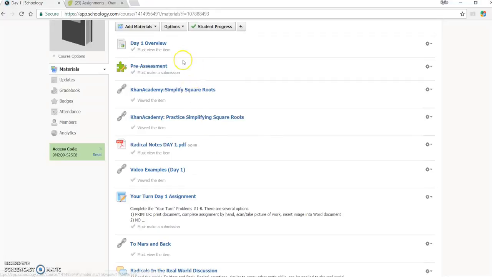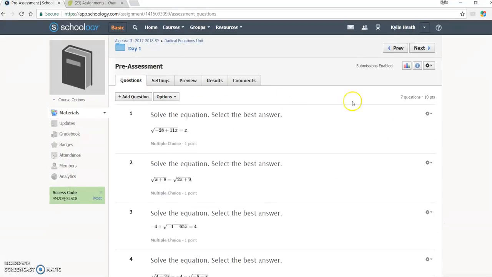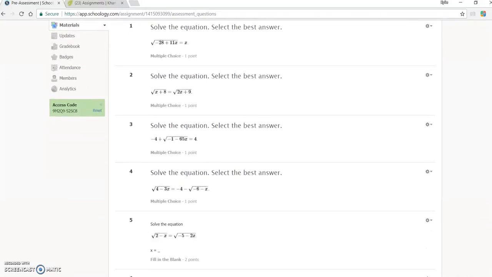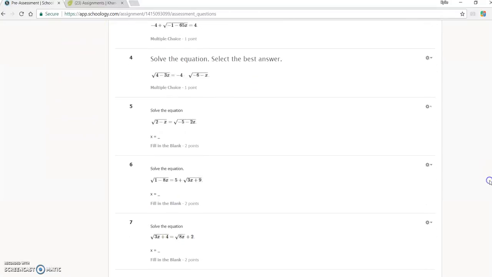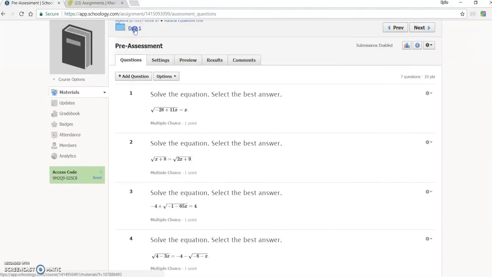The very first thing that they had to do was complete a pre-assessment, which you can see they did fairly poorly on. If we just take a look at some of the questions, there were a few multiple choice questions and a few fill in the blank questions. After the pre-assessment,